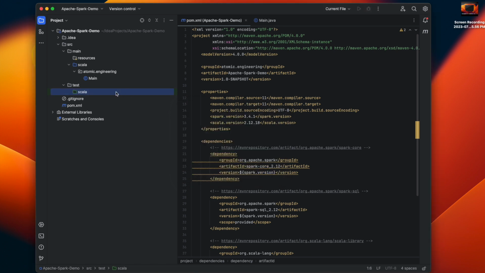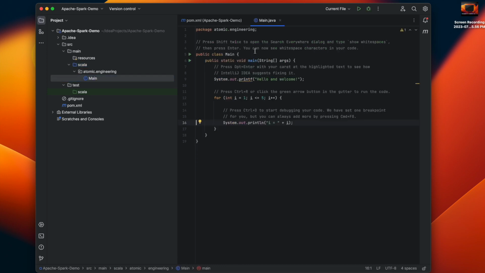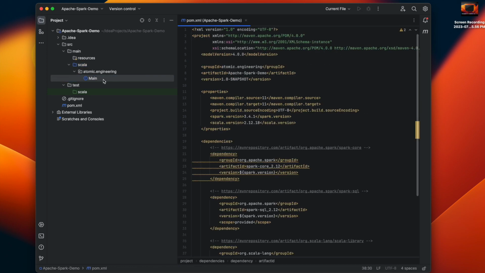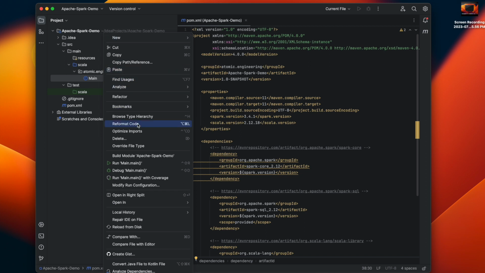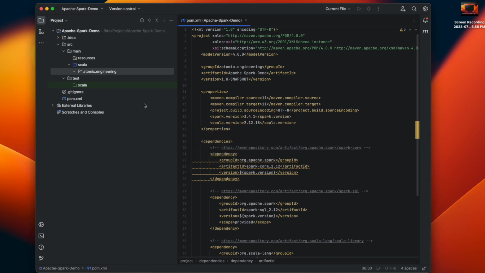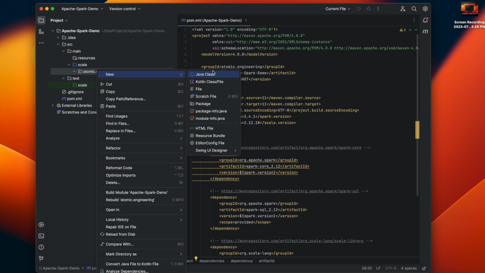Earlier we had Java here, and this Maven knows that Java is going to be the folder that contains all the source files related to the project. Now let us see what happens after renaming it to Scala. And we have the main file which is written in Java. We don't want this. You can go ahead and delete this file and create a new Scala class or new